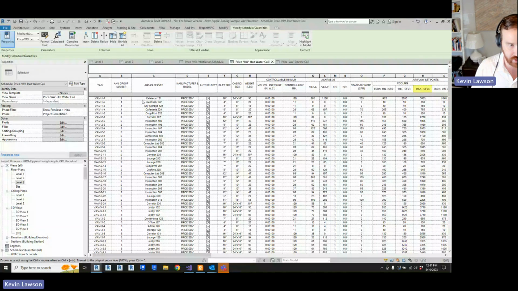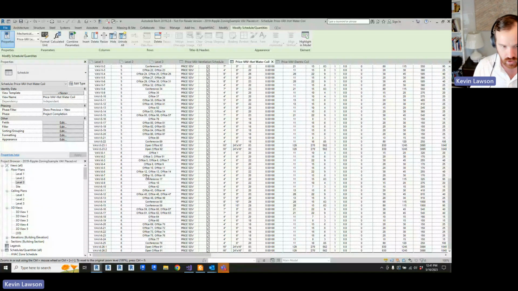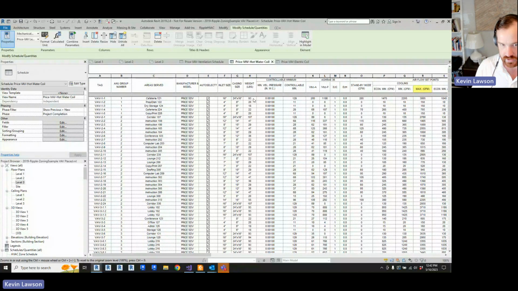And it's going to write the area served from the space name. So you don't have to copy all this stuff into an Excel. You don't have to manually do that. It's just going to take the space names that were zoned together and write them here. Your inlet size, your casing size, your weight, how the